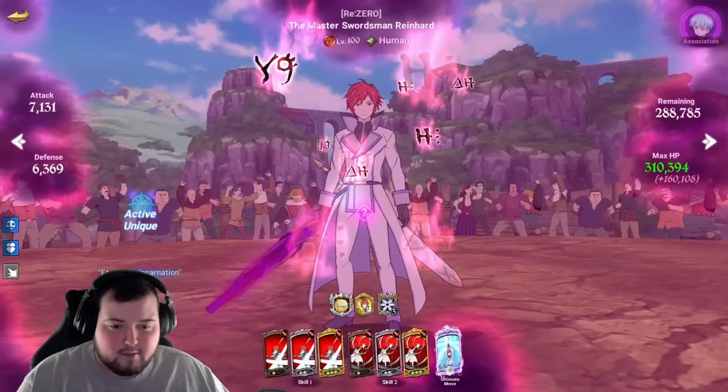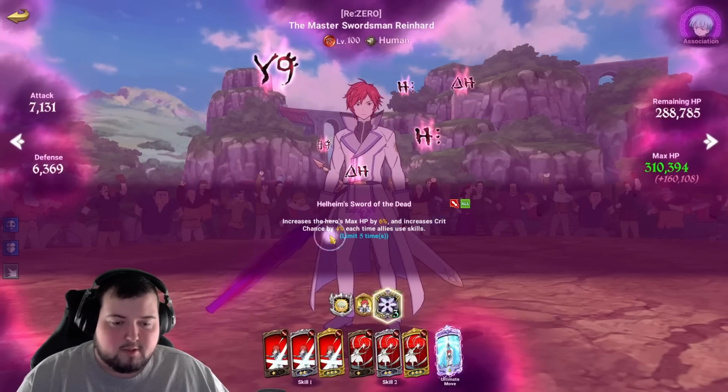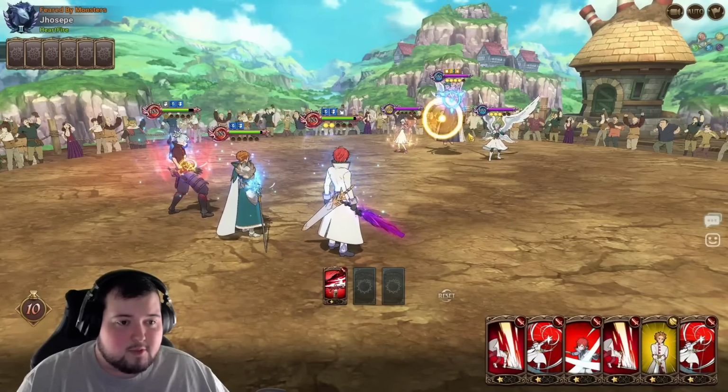Let's try to look at his Holy Relic really quickly. So, yeah, maximum HP of 6%. I got those mixed up, and then crit chance by 4%. So, pretty good stuff there. Really can't complain. I guess we'll just go for...